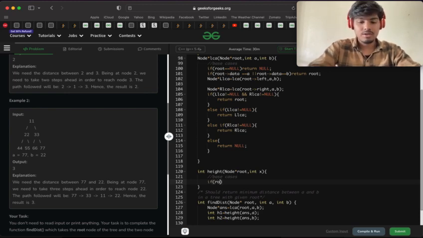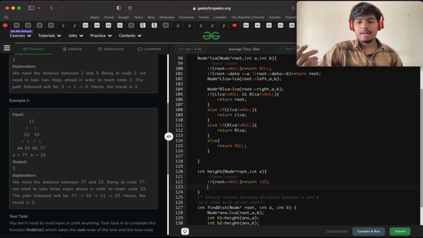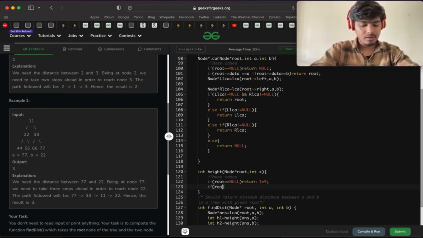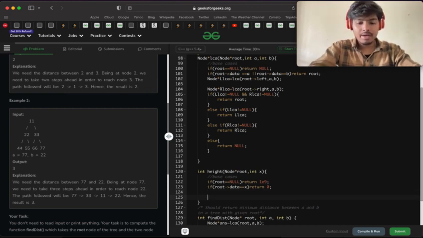If root equals to null, अगर मेरा रूट नल है तो मैं मीन्स क्या रिटर्न करा सकता हूँ, 1e9 रिटर्न करा सकता हूँ। ठीक है, मैक्सिमम, बिकॉज 1e9 प्लस 1 हम फाइनली 1e9 एडिशन करेंगे, तो 1e9 प्लस 1 करेंगे तो वो ओवर हो जाएगा, तो कोई दिक्कत नहीं आएगी। ठीक है, if root का डेटा equal to x, अगर रूट का डेटा मेरा x के इक्वल हो जाता है तो मैं उस केस में रिटर्न जीरो करा दूंगा, और फिर रिटर्न जीरो क्यों करा रहा हूँ, क्योंकि रिटर्न जीरो करा के वो इंक्रीज होता जाएगा, ठीक है।